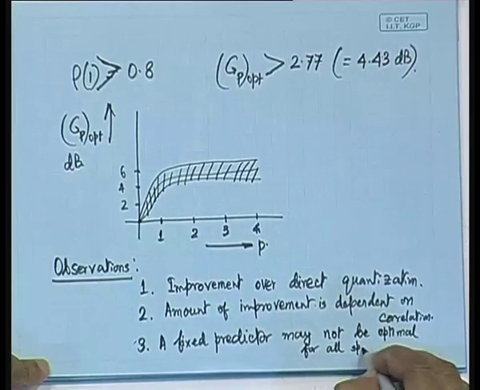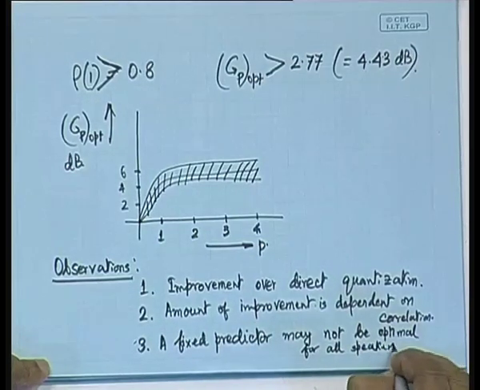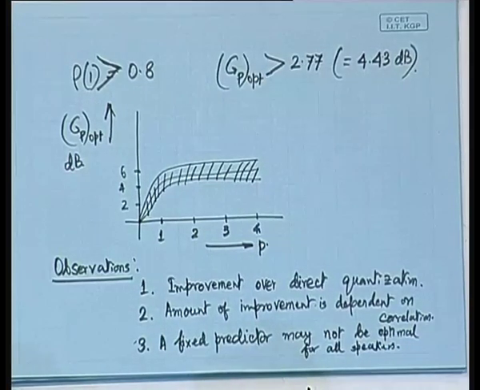So, what I mean to say is that for some speakers it may make some sense in taking 2 past samples also, means P equal to 2 may be required for some speech applications, P equal to 1 may be preferred for some speech applications, and